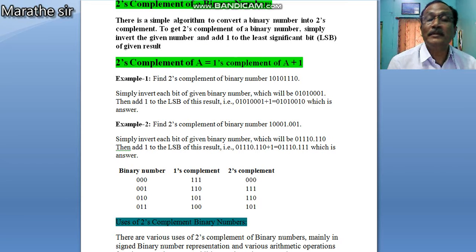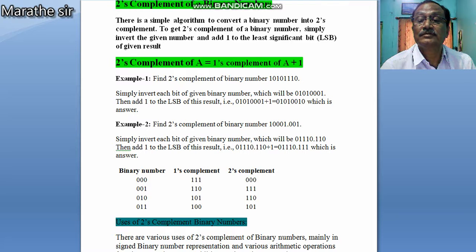So the 2's complement of a binary number A is equal to 1's complement of A plus 1. Here some examples are shown. In the first example, find the 2's complement of the binary number 1010110.